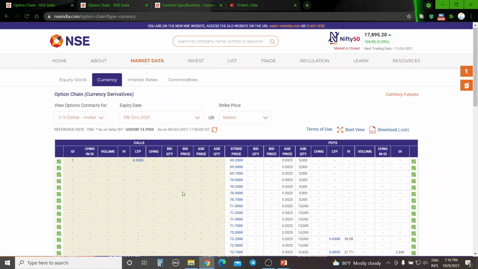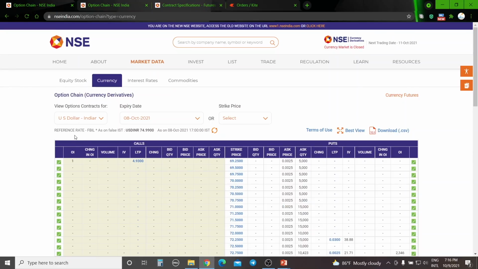So let's go back to the reference rate. What this reference rate means is that this reference rate is equal to the spot. Consider that this is equal to the spot, just for easier understanding. Normally for our index and stock, the expiry price is what? The expiry price is the spot value at the time of 3:30. For currencies, the spot price is determined by our RBI.